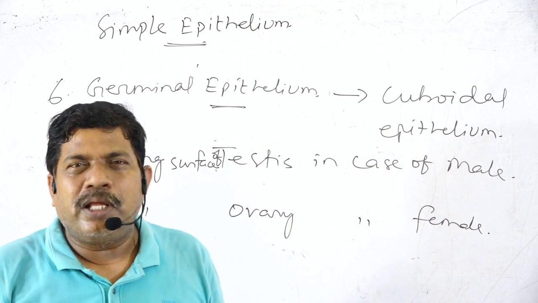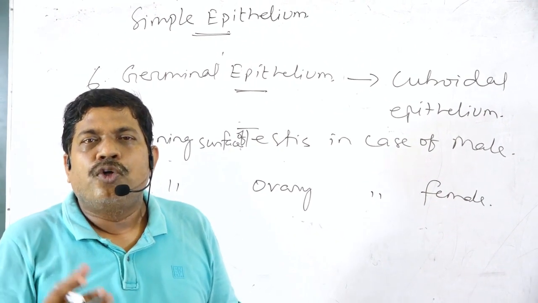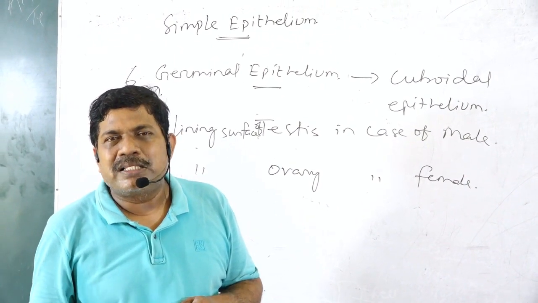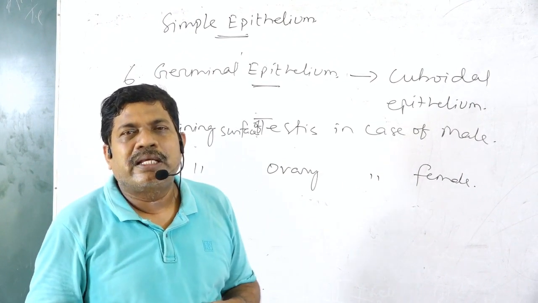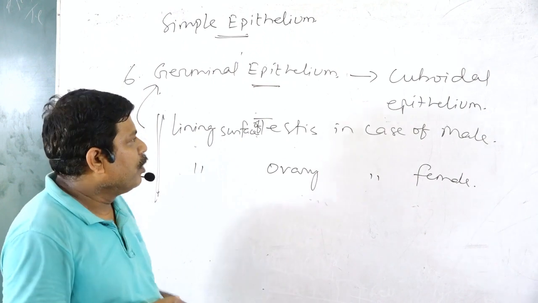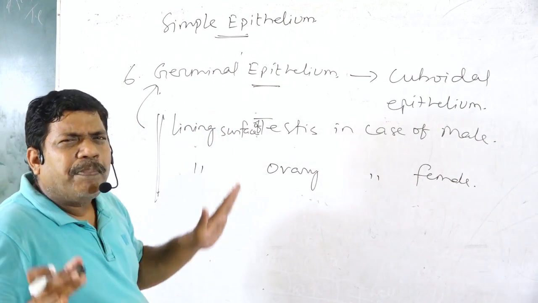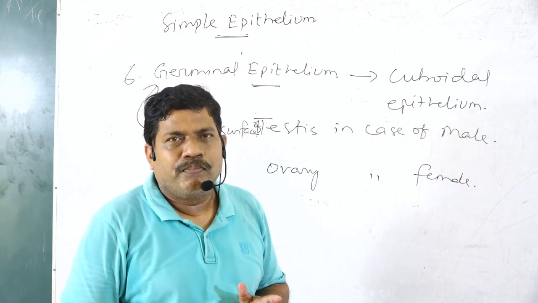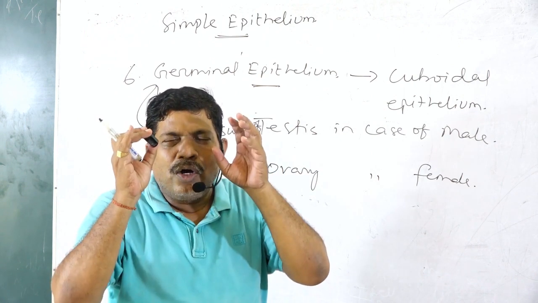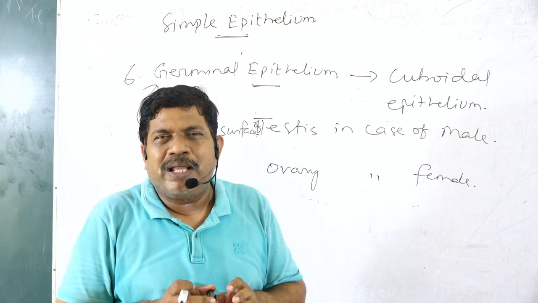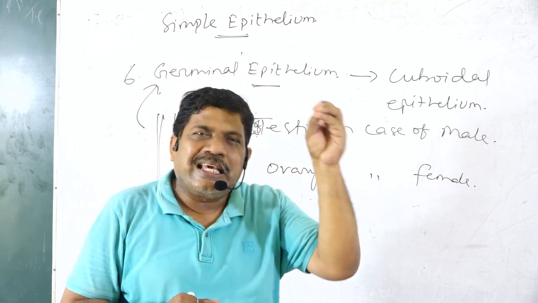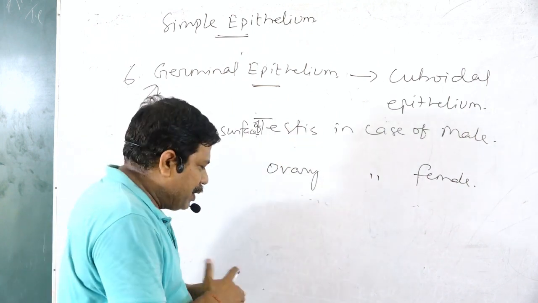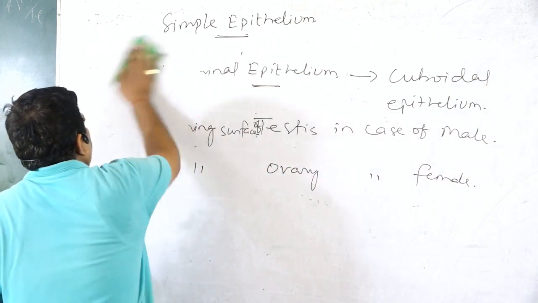And this germinal epithelium divides by meiosis to produce the sex cell, the gamete, that is the male gamete, sperm, in the case of male, and the female gamete, ovum, in the case of female. And the rest of the body parts have somatic cells and undergo mitotic division. So germinal epithelium occurs in the human body only in the testis in males and the ovary in females. Basically they are cuboidal epithelium, that is germinal epithelium.